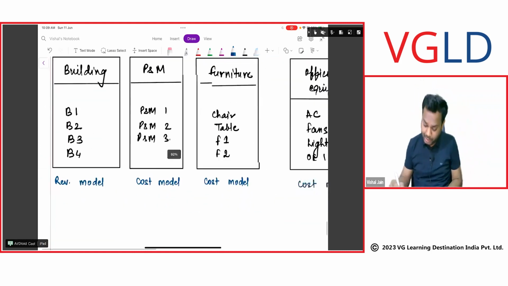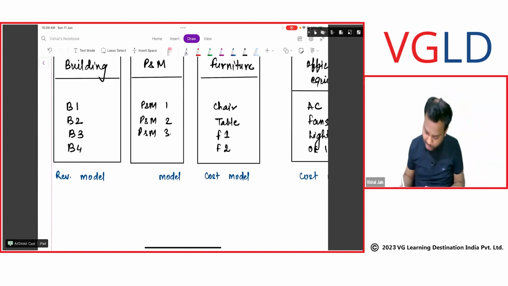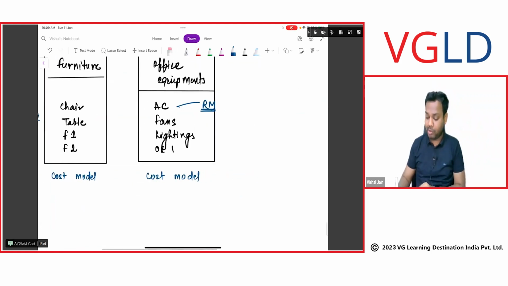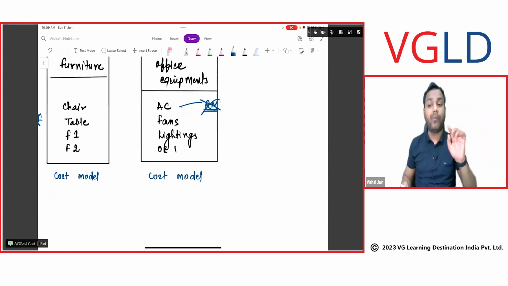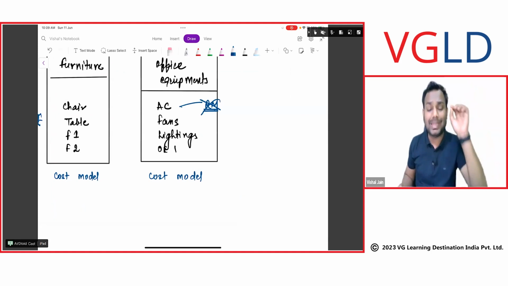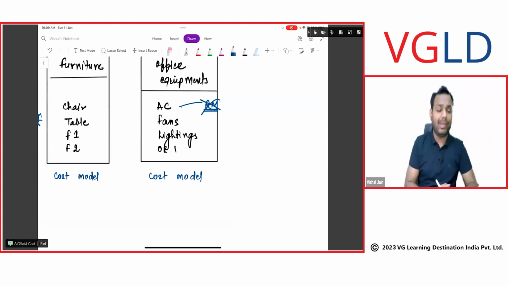Now, if the entity wants to do revaluation, okay, fine, you can do that. But if it is revaluation and it wants to switch this to cost, no, this is not allowed. You have to opt for the entire class. For the entire class, the model should be the same. Okay, is it clear, everyone?